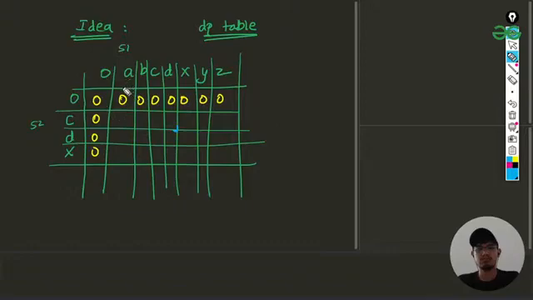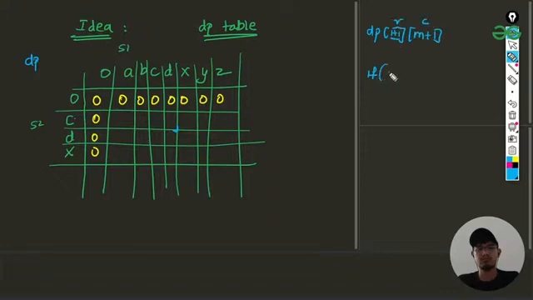So let me give an example. First of all, we'll be just comparing whether C and A are equal or not. So here is the condition: first we'll fill in zeros. Suppose I call this table the DP table. In the DP table, I'll make it of size L plus 1 by M plus 1, where L plus 1 is the rows and M plus 1 is the columns.